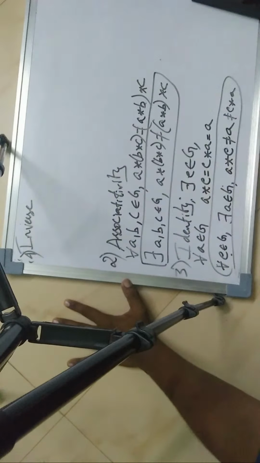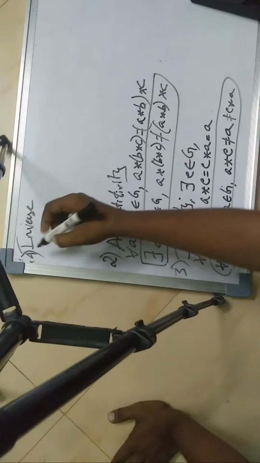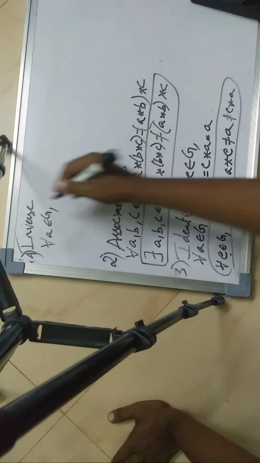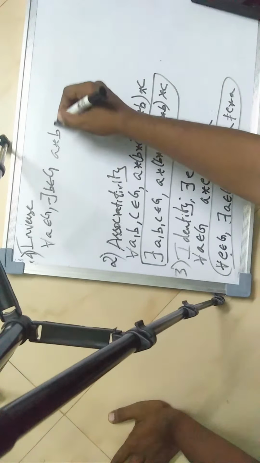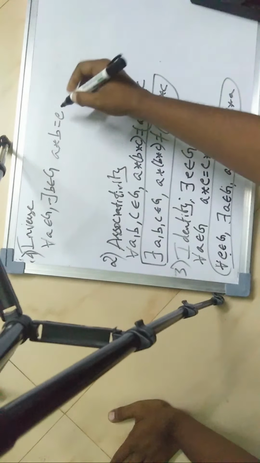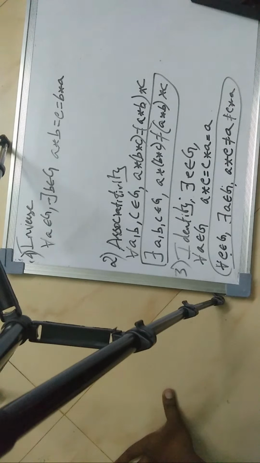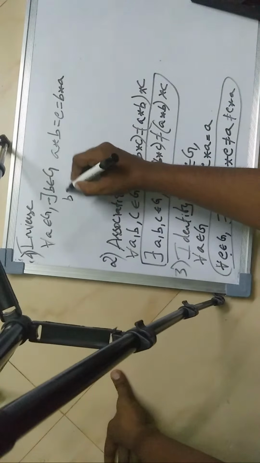Inverse. So, inverse depends upon the previous property, that is the identity one. What it says is, given any A in G, given any element in the set, I can find another element in the same set such that A star B returns back to the identity element. That is, given any element, I can find at least one element B such that A star B is nothing but the identity element. So we will denote this B by A inverse,